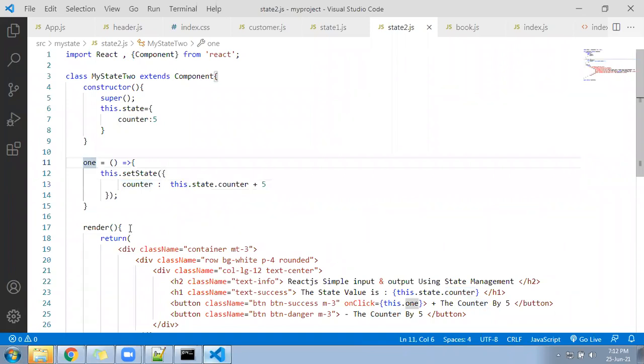Then we have not called the render. How did this get refreshed? If we call the render manually here, then this should get refreshed, no? Then this state dot counter should get reloaded. We have not called that, right? We have not called that, and it's reloaded automatically, right? It's reloaded automatically. That is because of,